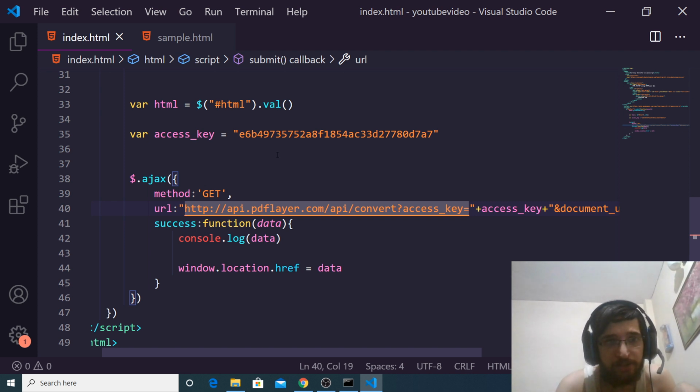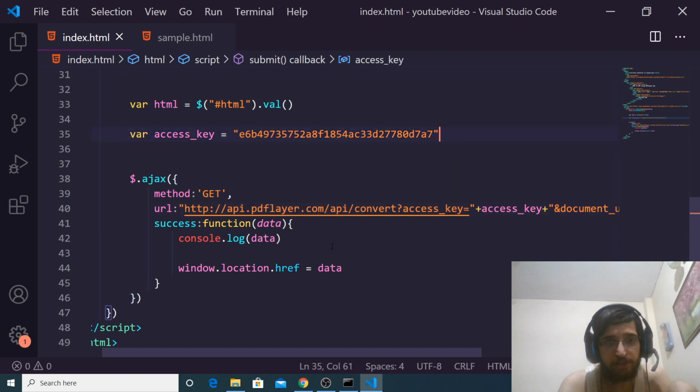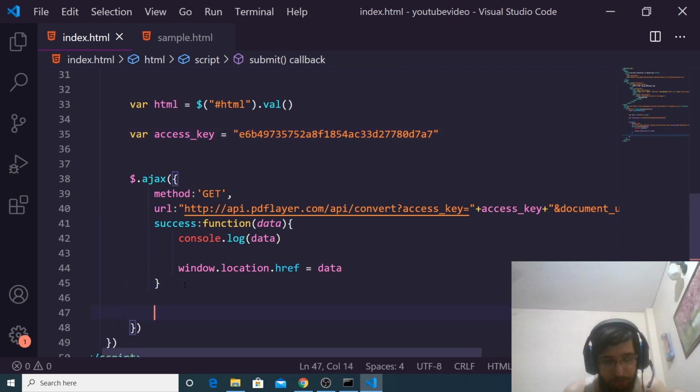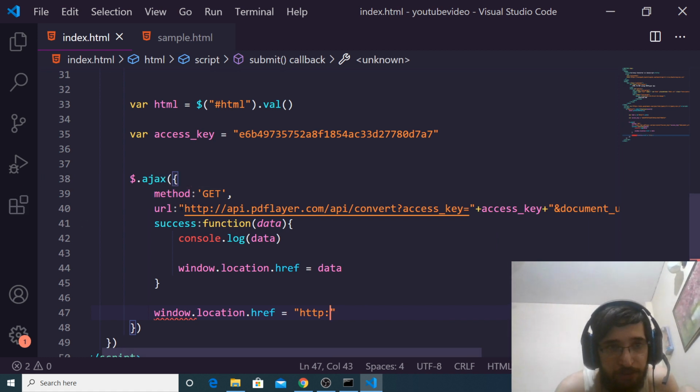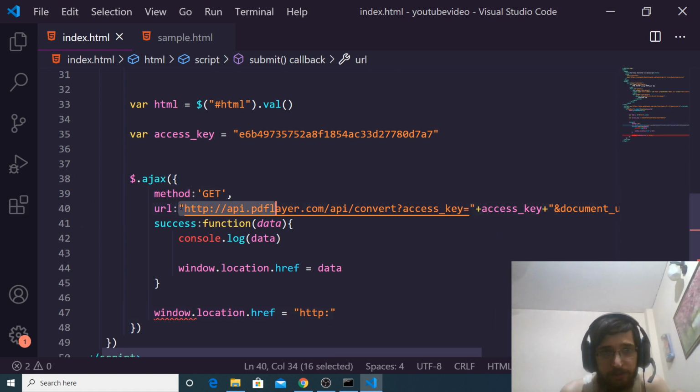Or what we can do here is set this URL. This is window.location.href, and then we can just paste this.